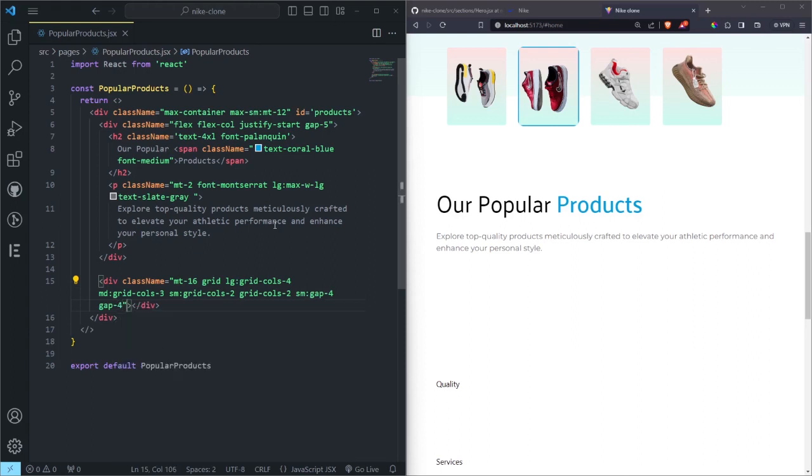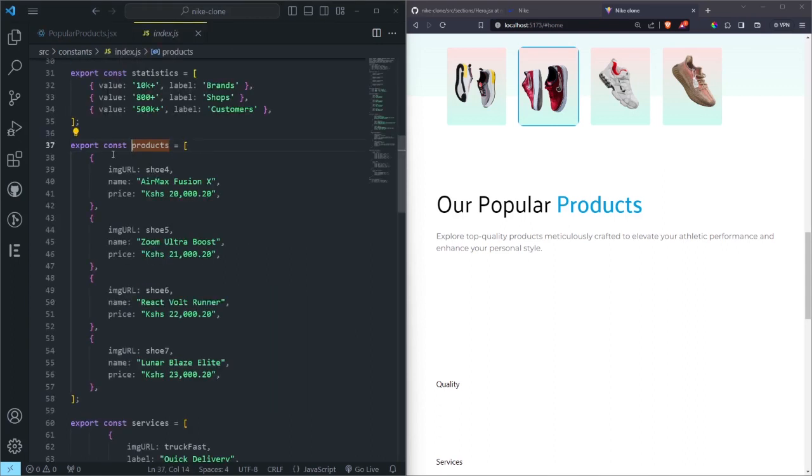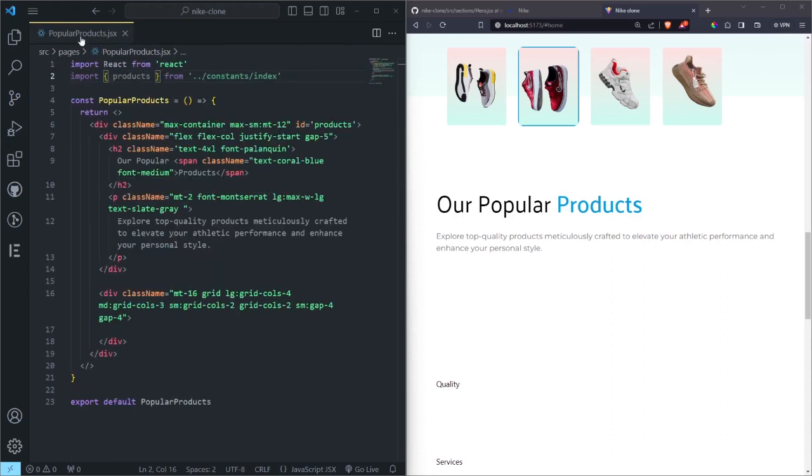Anyway, now inside here we're going to map our products, and these products are going to come from the constant. We had the products defined in the constant. So I'm going to first copy this here. This is the products from the constant. You can see it has the IMG, the name, and the price. The price is in shillings. I'm from Kenya, so that's why the prices are in shillings, but you can use your own currency. You can use USD, so there's no problem. So inside here I want to map these products,